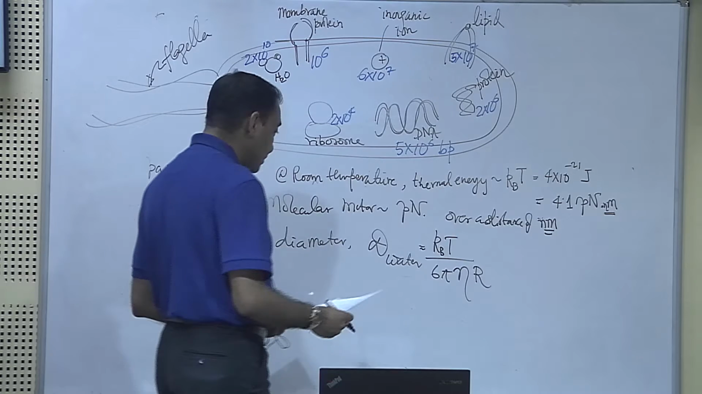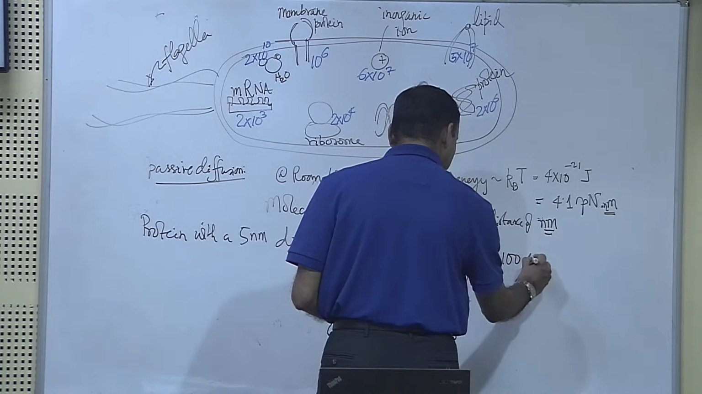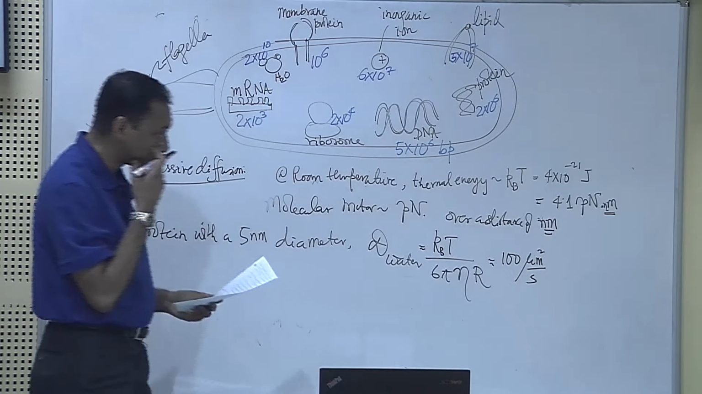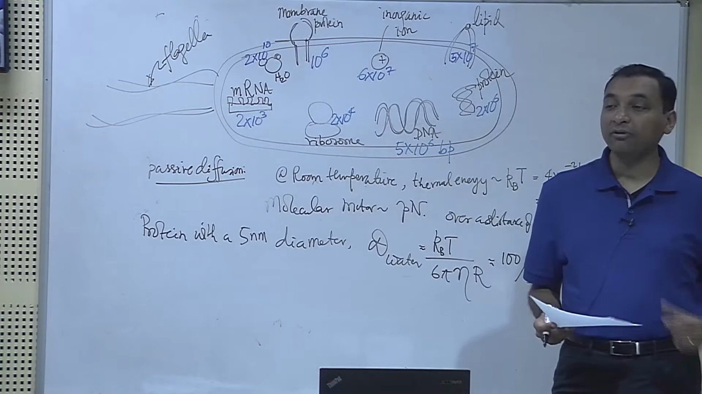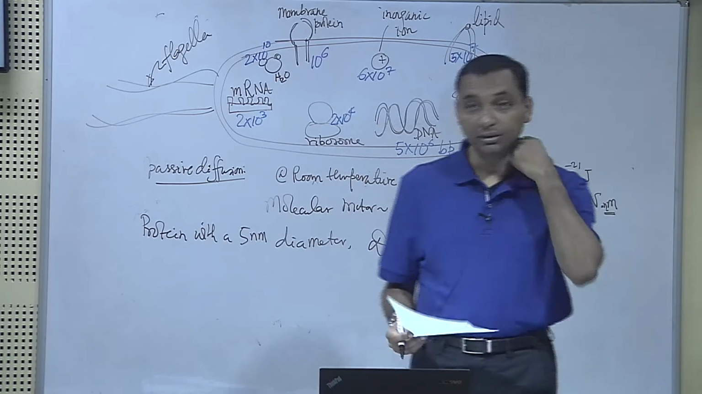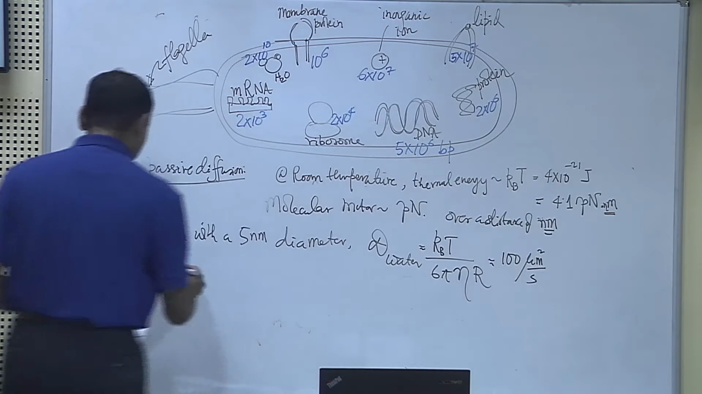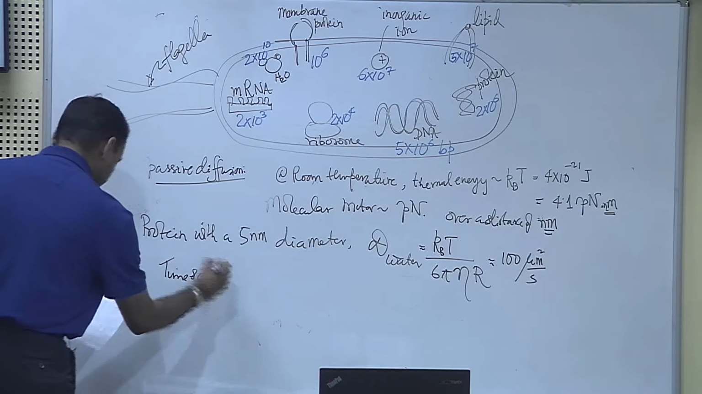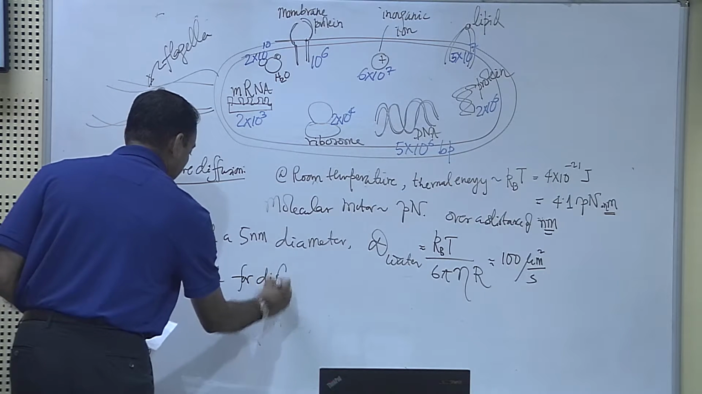If you plug in these numbers, the diffusion coefficient for a protein in water is close to 100 micrometer square per second. Okay. So, what will be the time required for the protein to move across the E. coli cell? How much will it be? This will be in the microsecond, right? So, the time scale for diffusion over the